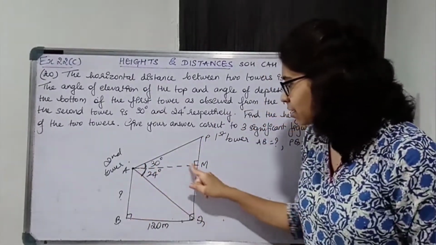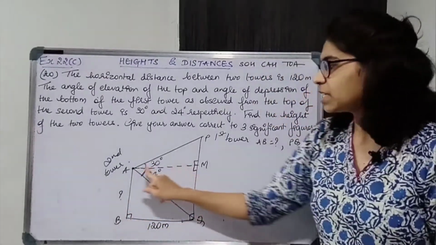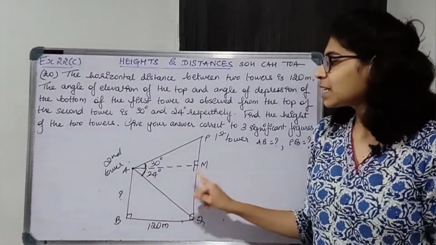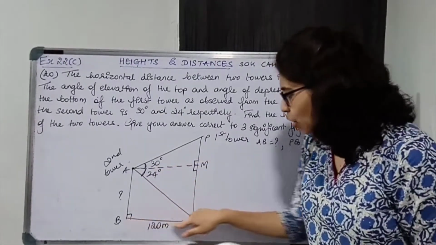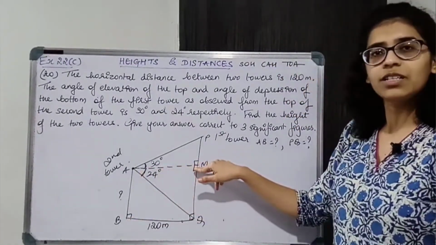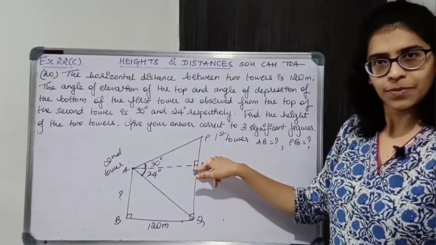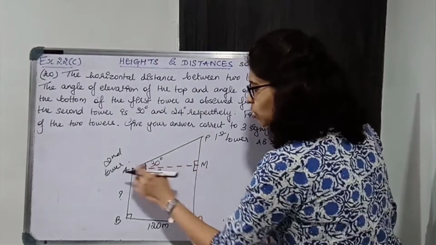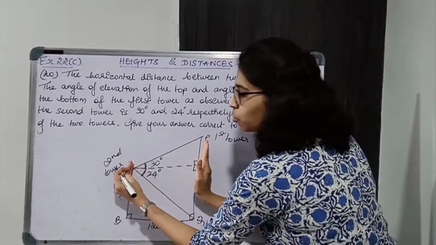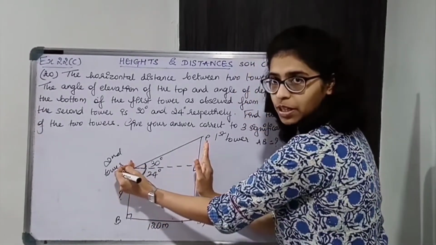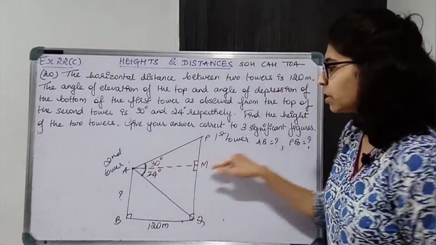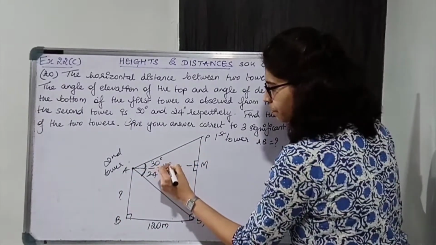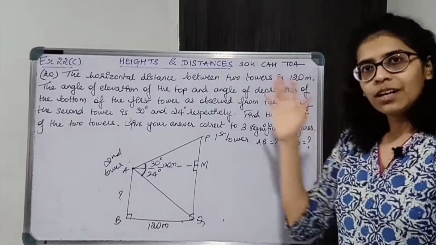This is a rectangle, ABQM is a rectangle, so I can say opposite sides are equal, so BQ is equal to AM. ये भी horizontal distance है between the two buildings. So AM is also the horizontal distance between the two towers. Two towers, not buildings, sorry. So two towers के बीच का horizontal distance हो गया, so this is 120 meters. Now we have the side.